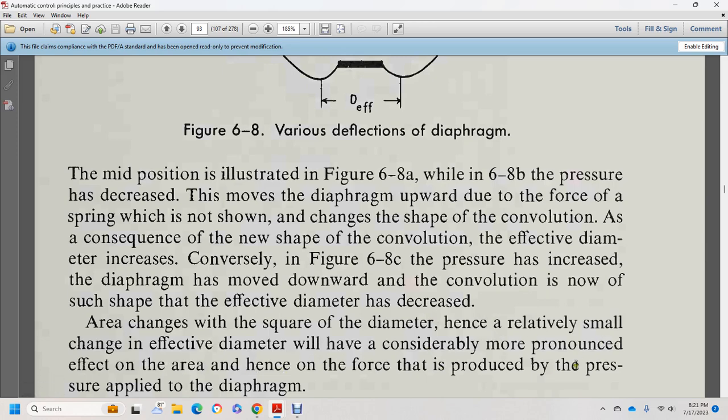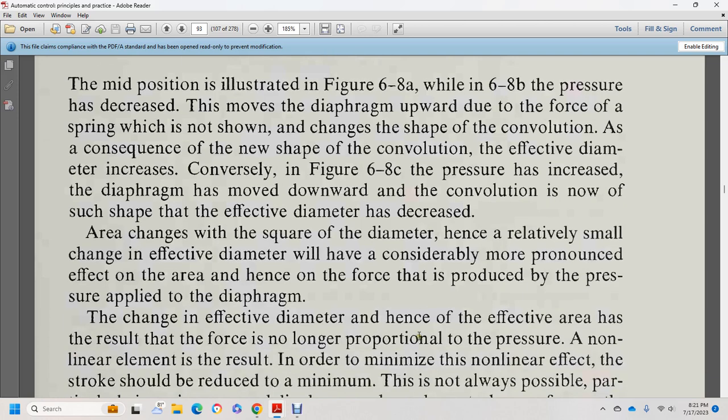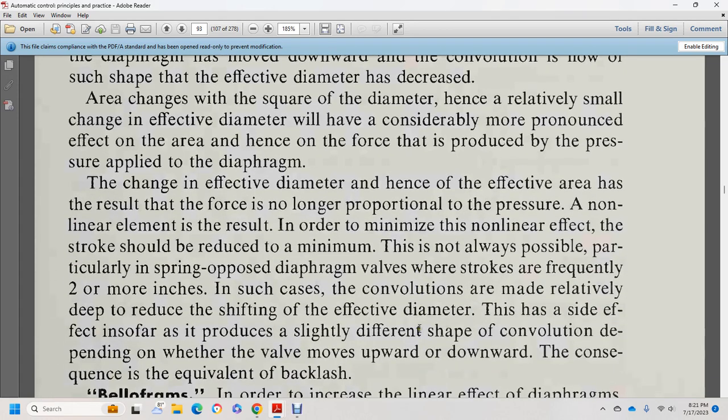area. Hence the force of the process is reduced with the pressure applied to the diaphragm and the change of the effect of the diameter, hence the effect of the area, with the result that the force is no longer proportional to the pressure, giving a nonlinear element. In order to minimize the nonlinear effect, the stroke should be reduced to a minimum, which is not always possible, particularly with the spring